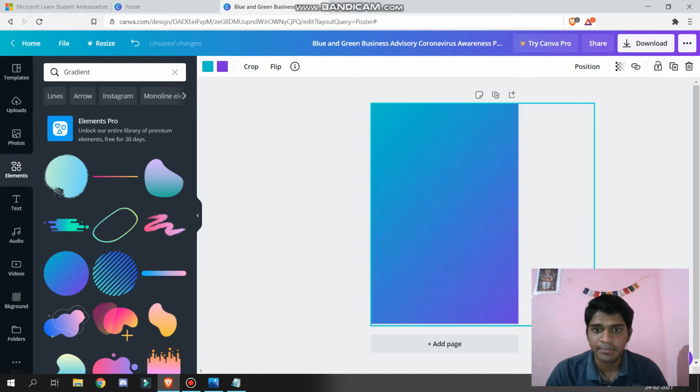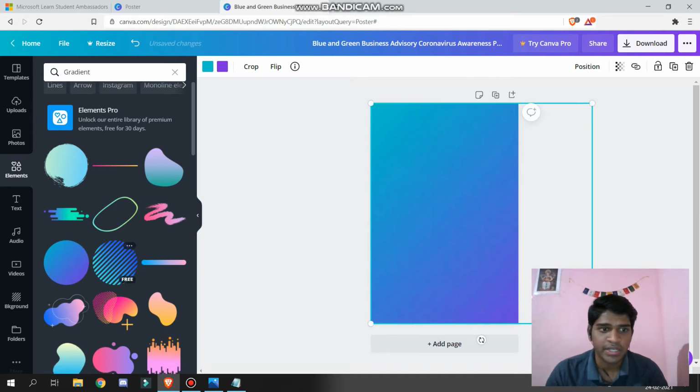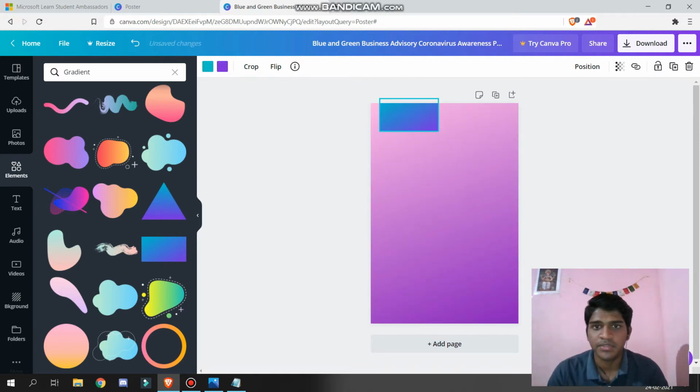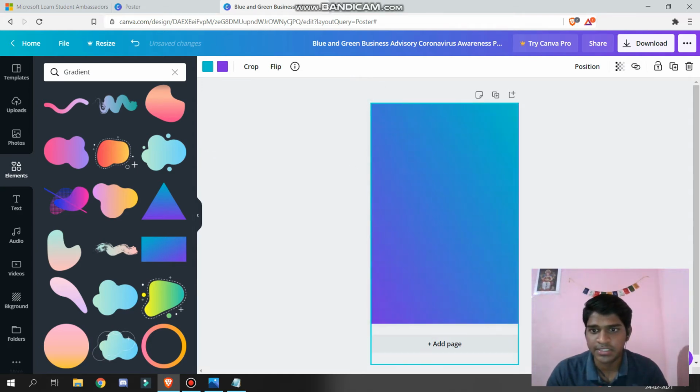So I will just increase the size, or you can use the rectangle one for the background. But both work for me because the design is not exactly the same as our element, and we like having the extra part for the element, but it's not an issue.